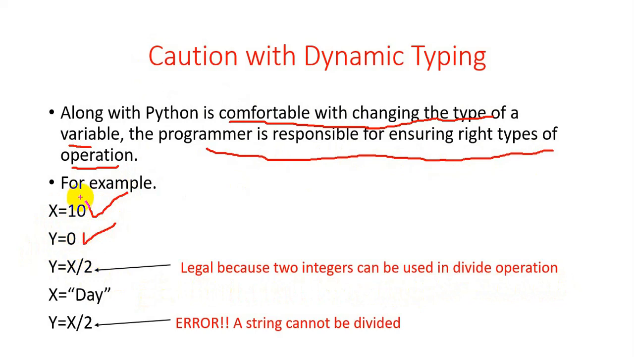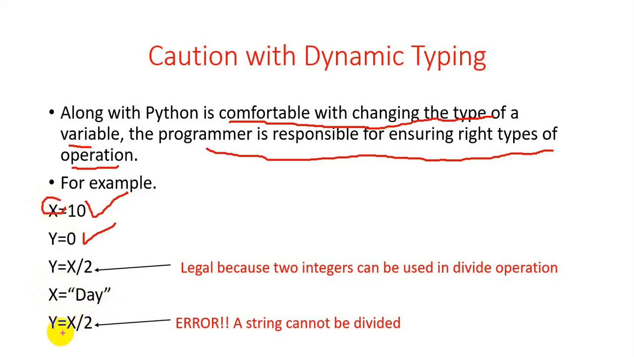It is possible. X is an integer. 10 by 2 equal to 5. Two integers are used. Now it is legal. What I am doing now, I am assigning a string value to the variable x. Now the variable x has become a string. Earlier it was an